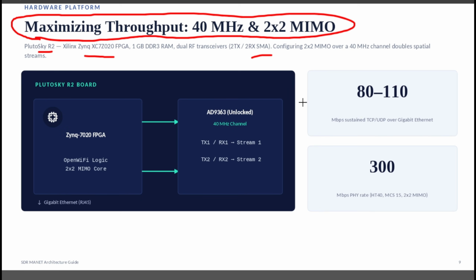With the now unlocked AD9363 running at a 40 megahertz channel across two independent TX and RX chains, it gives us two spatial streams, actually. All of that connects to the outside world over gigabit Ethernet. In practice, this configuration